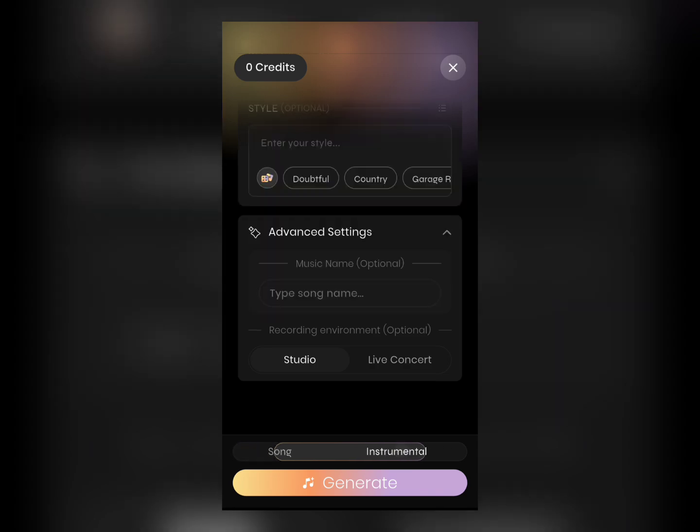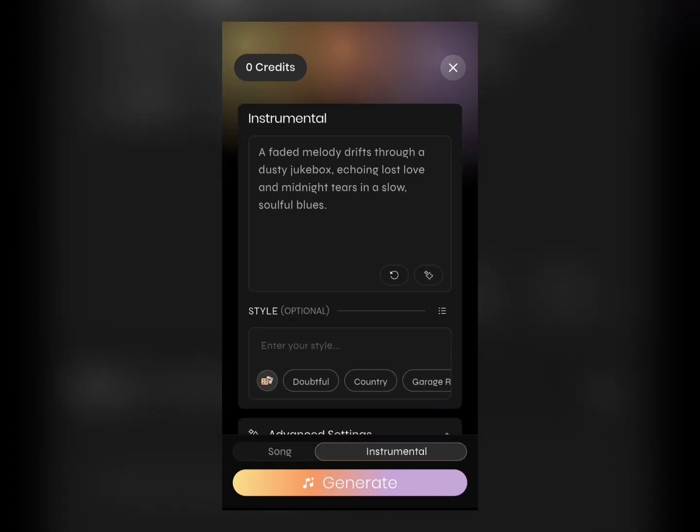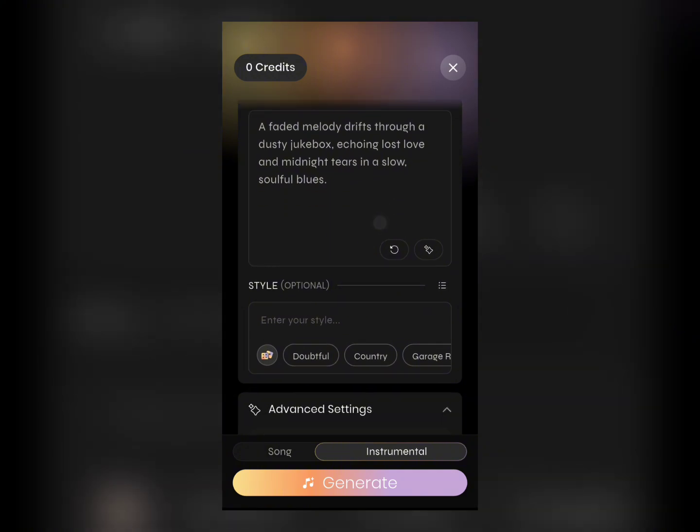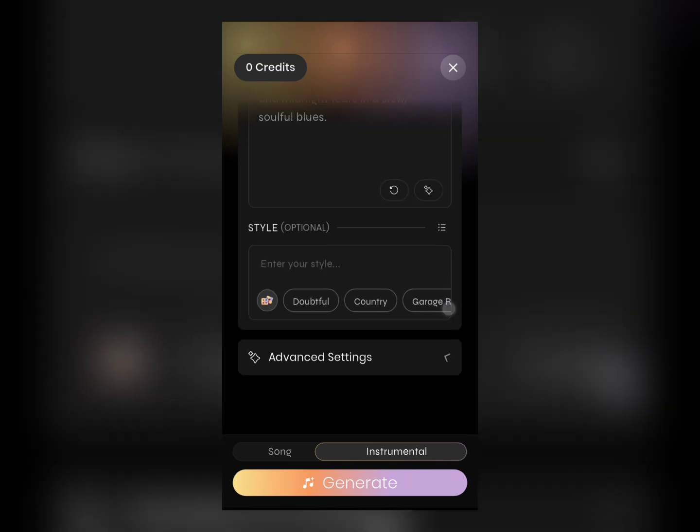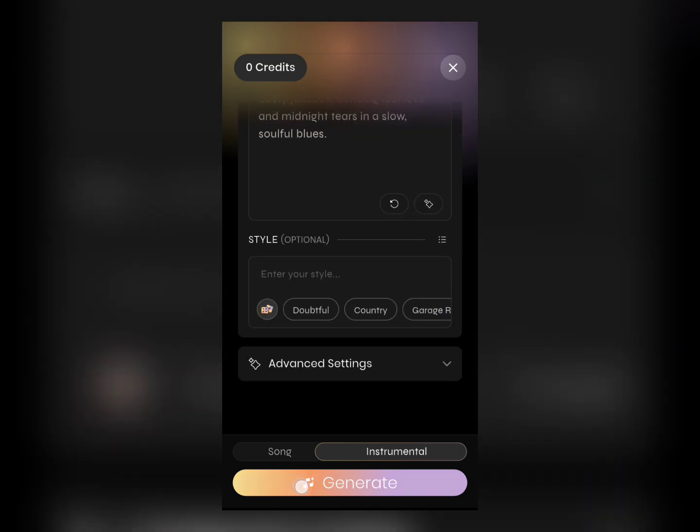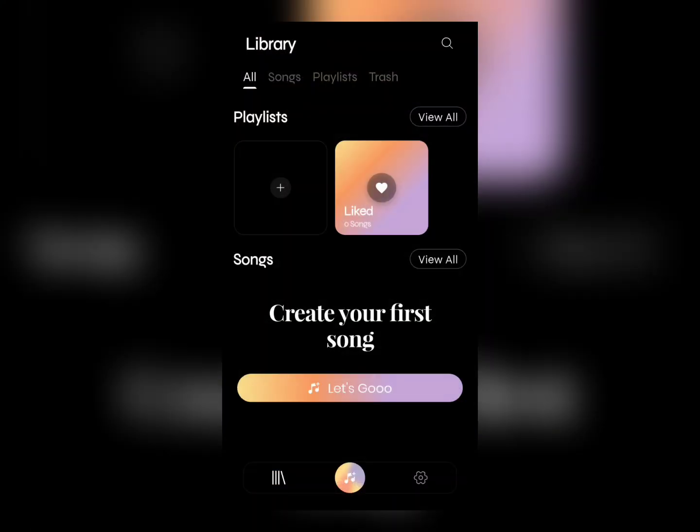As well, you do have the instrumental option here. As you can see here, all I have to use is pretty much your prompt at the top here, and your style and your advanced settings are pretty much good to go. You'll be able to generate your songs. Do keep in mind you're going to need credits. As you can see here, I don't have any credits to generate any songs,